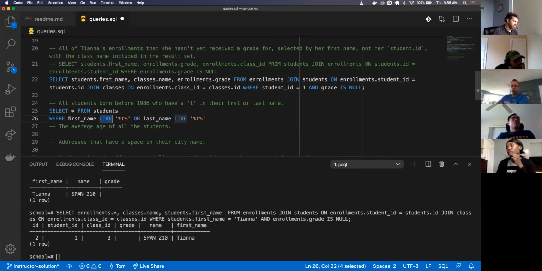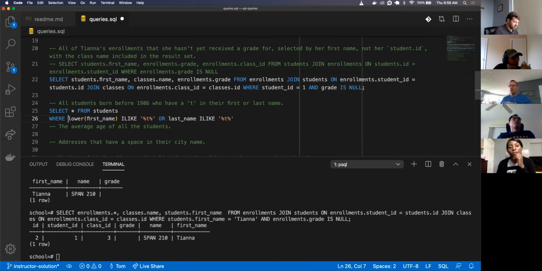What's the difference between ILIKE and LIKE? Case insensitivity. As a bonus, I didn't know about the ILIKE. You could actually do LOWER, open parentheses, the name of the column you're trying to lower, and close parentheses.